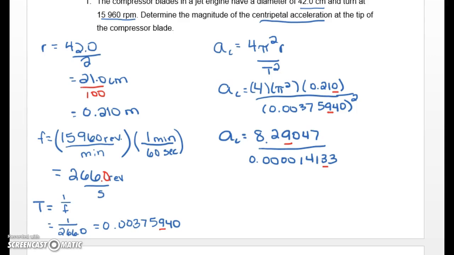So in the previous video we had looked at finding our centripetal acceleration for the given question, and we were so close to being done. We had just identified our sig figs for each of the values, and now we can actually go ahead and plug that into our calculator. So you're going to go 8.29047 divided by 0.000014133 into your calculator. What you should get is